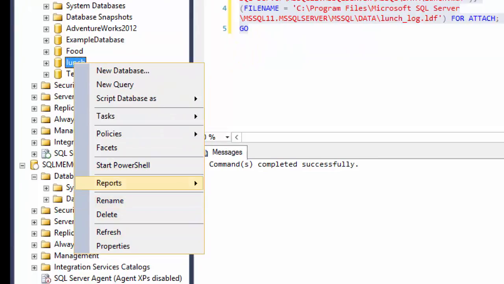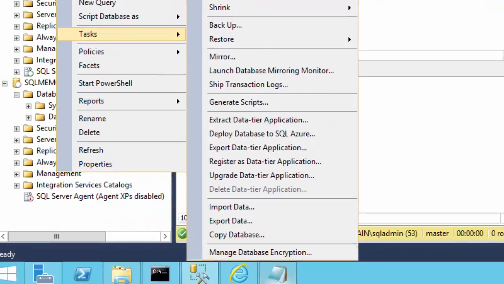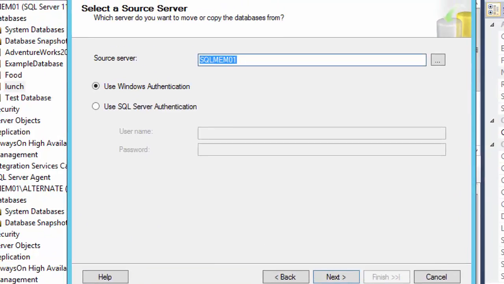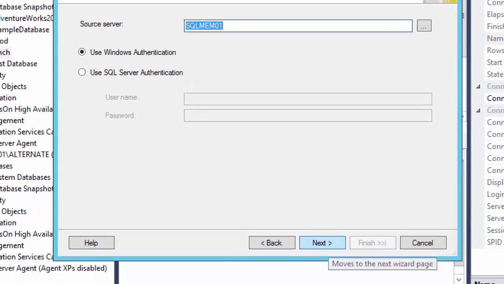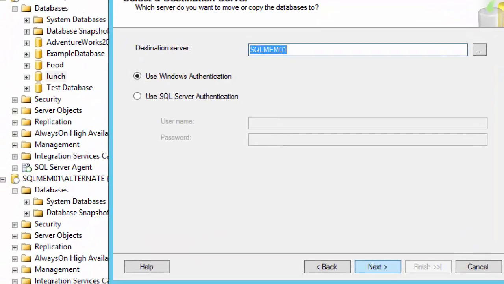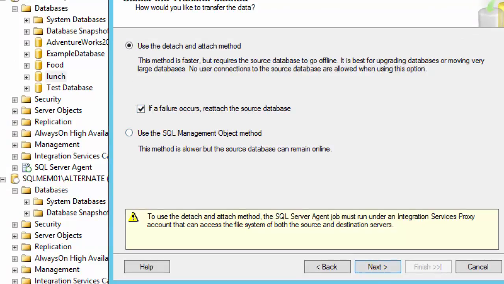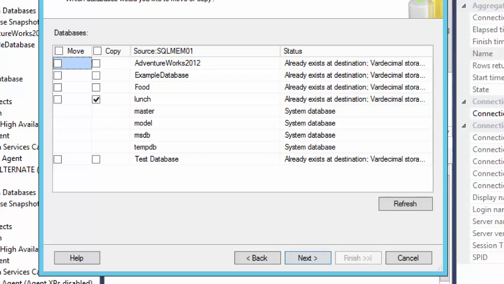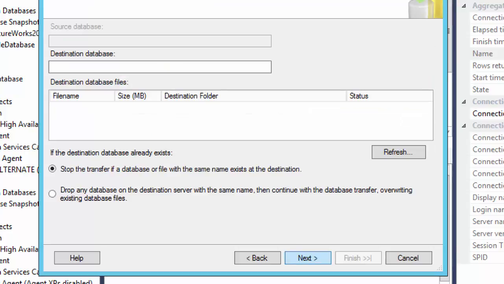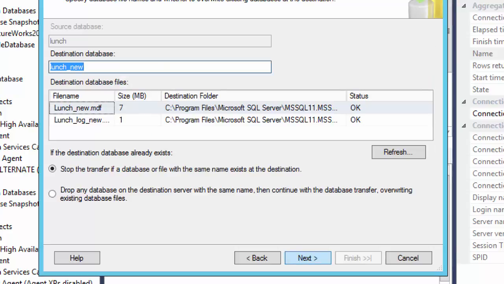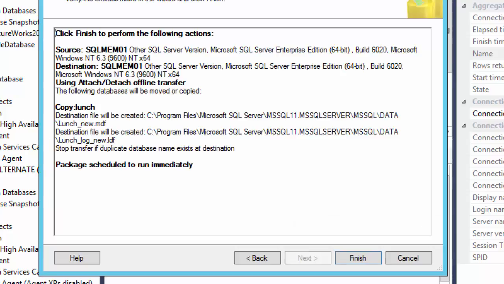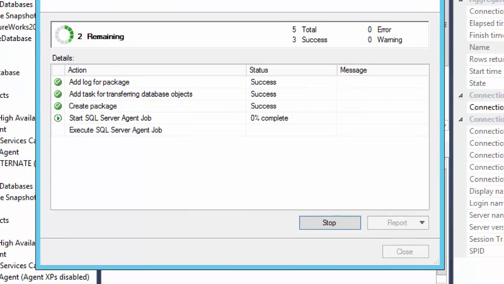not be a problem. So if I go quickly to tasks and copy database here and next, so I don't change the source, I don't change the destination server, SQL mem01, and I'm just telling it use the detach and attach. Next, still the lunch database, and it detects that, creates that. Next, finish.